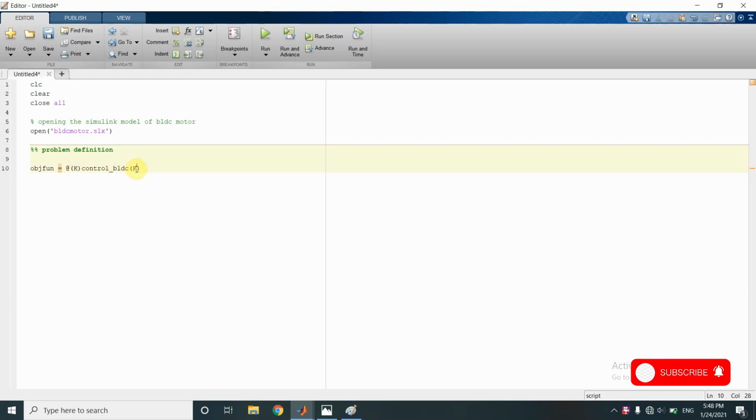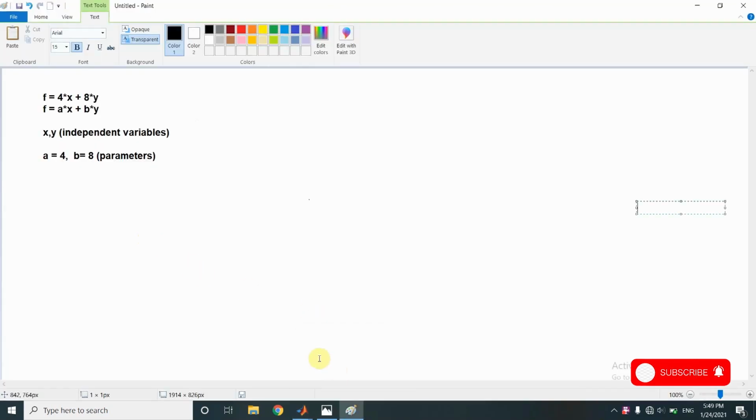and in the second bracket we will have all the independent variables as well as any other parameters that are to be used in the objective function, but whose values will not change. They will be simply constants that will be used in the objective function. For example, let us say that I have an objective function 4x plus 8y.